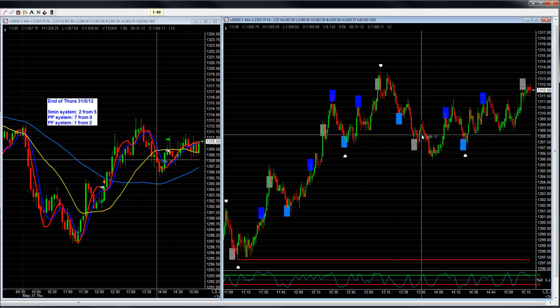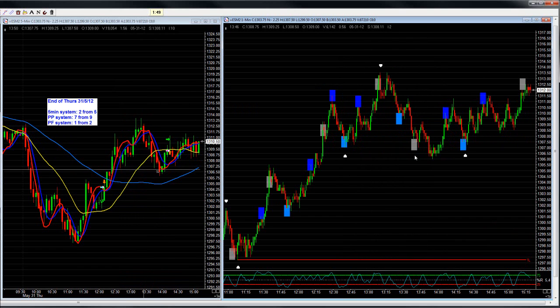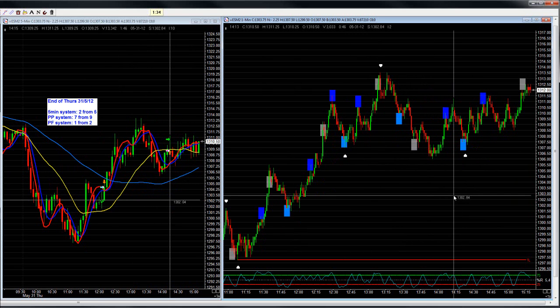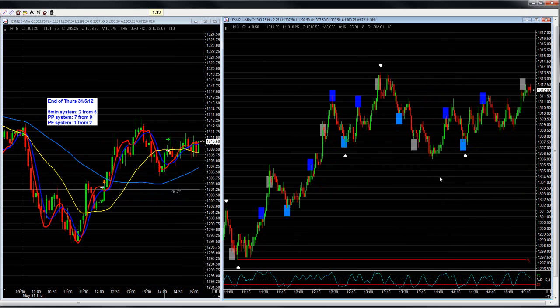But then we've come down, and you can see we have tested this area here. So basically they've bounced right on the support there, pull back. So there would have been a power fade down here. So this one, again, as far as the automated system is concerned, it triggered an entry, even though the actual setup was one that